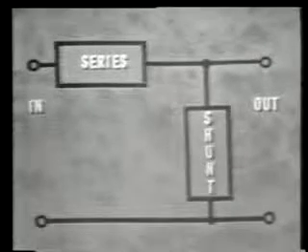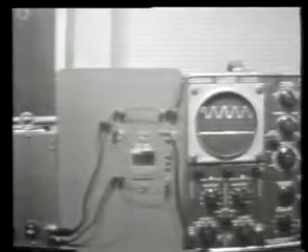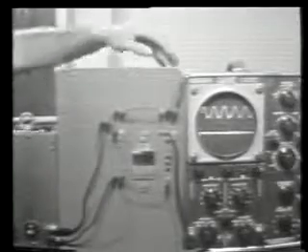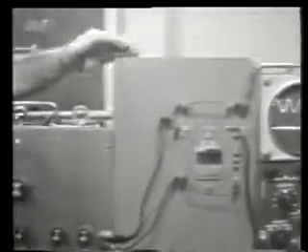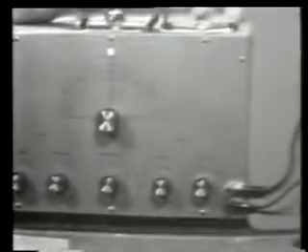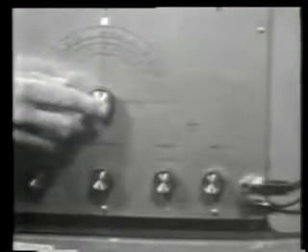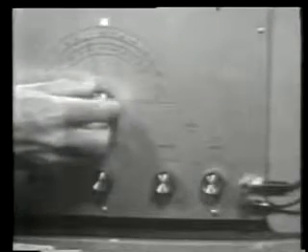Now, we can easily demonstrate this basic principle of filters on our trainer. The equipment that we'll be using for our demonstration is an oscilloscope, a little circuit board or trainer, and a signal generator. Now the signal generator will deliver a 10-volt signal to the trainer. We can control the frequency out of the signal generator with this knob. But the output voltage is fixed at 10 volts and will be supplied to the trainer from this test point